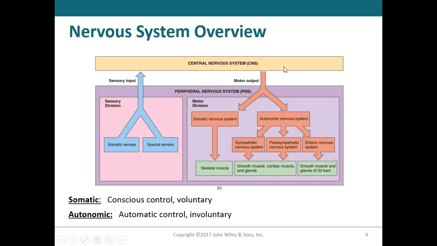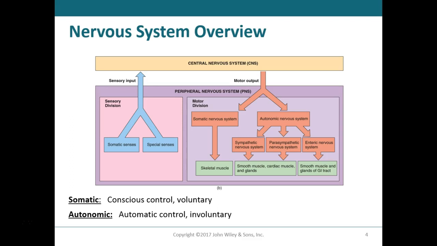There we go. An impulse is sent out through the motor division. That motor division may send an impulse and information out to the somatic nervous division, which will then lead to skeletal muscle being contracted, or that action, that impulse, may be sent out through the autonomic nervous system. Now remember, autonomic nervous system is our involuntary automatic nervous system. And in that, or as a part of that autonomic nervous system, we have the sympathetic and the parasympathetic branches that are going to be our rest and digest, or the fight or flight branches of the nervous system